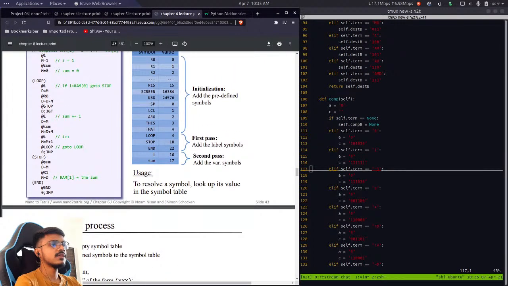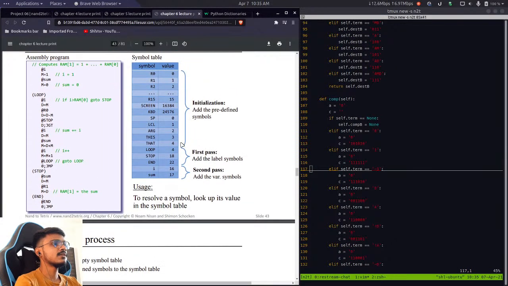So in the initializing stage we have the predefined symbols inside the symbol table. After that we'll take care of the label symbols. To do that, we will read line by line. We won't be executing the instructions, but we'll just read line by line, and whenever we encounter a label symbol,